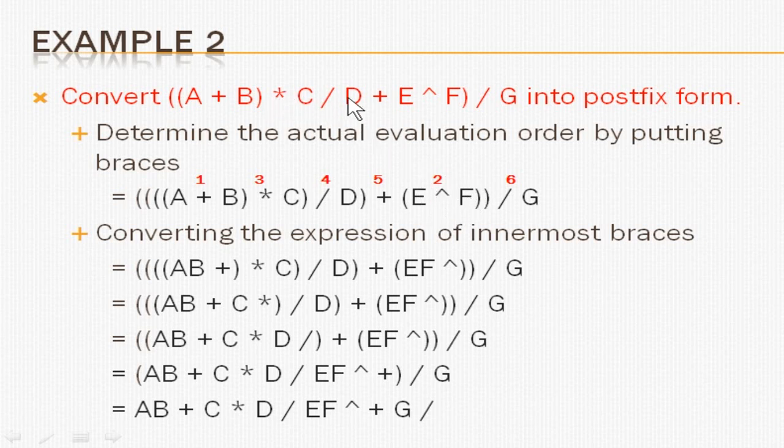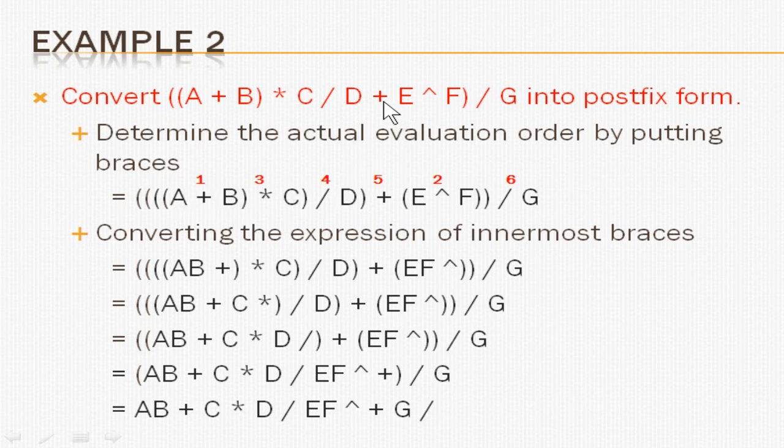Then you have three more operators: asterisk, slash, and plus. So you know that asterisk and slash share the same priority level, but you have to use the left to right rule, that is, the asterisk symbol comes first. So that will be evaluated third. You can see that asterisk. Then you can enclose this with another set of parentheses. And then comes slash. So you have to enclose this d with another parenthesis. That will be the fourth in order.